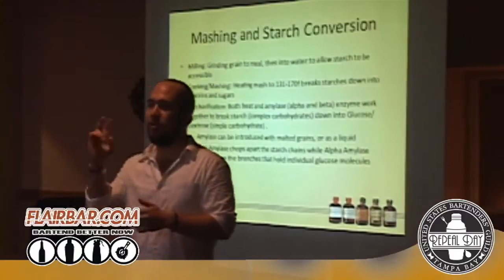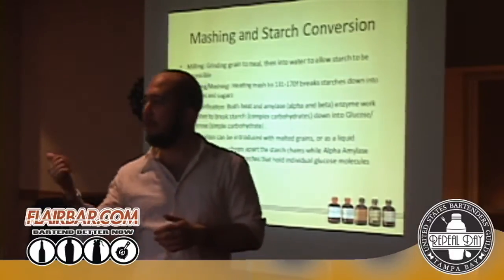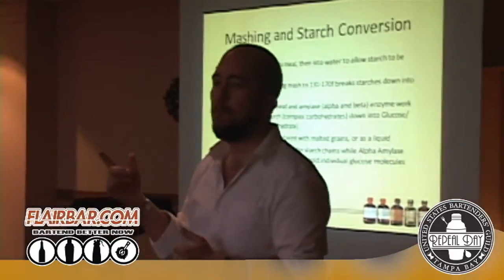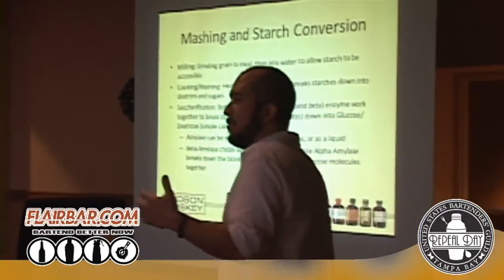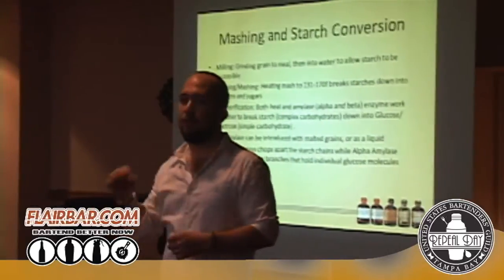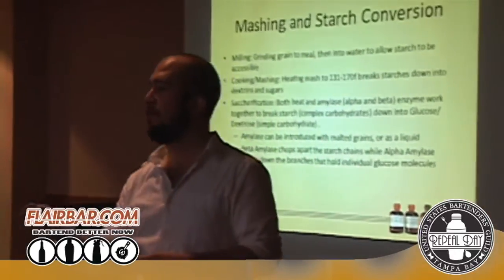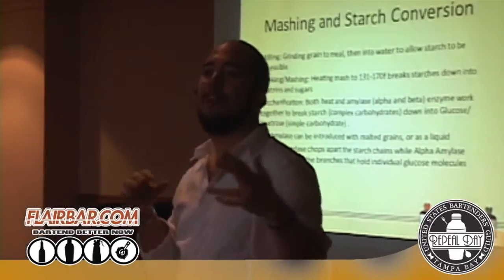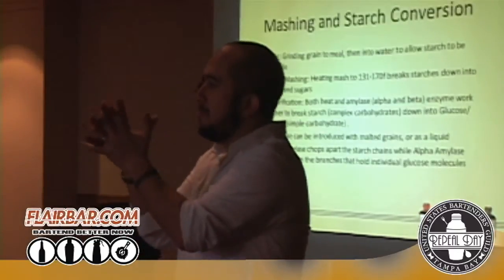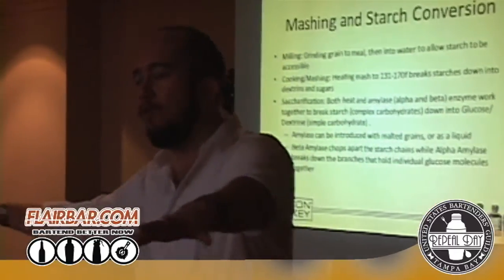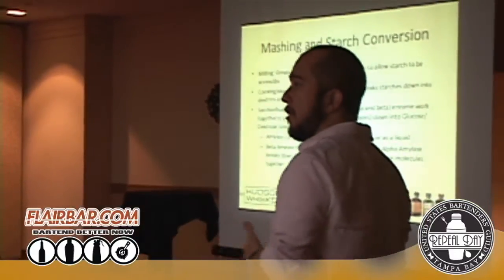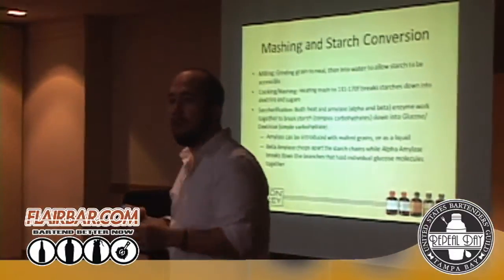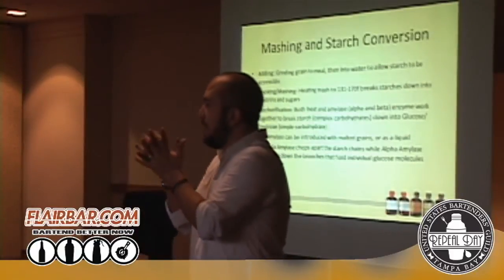There's two ways that we're going to convert that starch into sugar: through heat and through an enzymatic process. Now we asked you guys quickly who understood the malting process, and a number of people didn't raise their hands. So really quickly, basically you're starting the germination of a seed, and then you're stopping that germination. First you put grain into water, and typically this is done with malted barley, but I think you can malt any grain. You soak it in water until the seed starts to germinate, and it'll crack open.